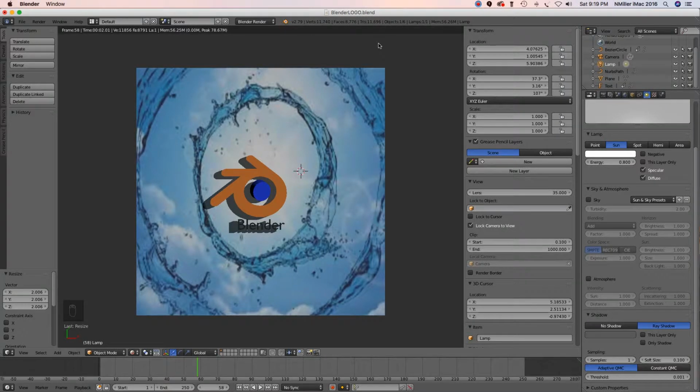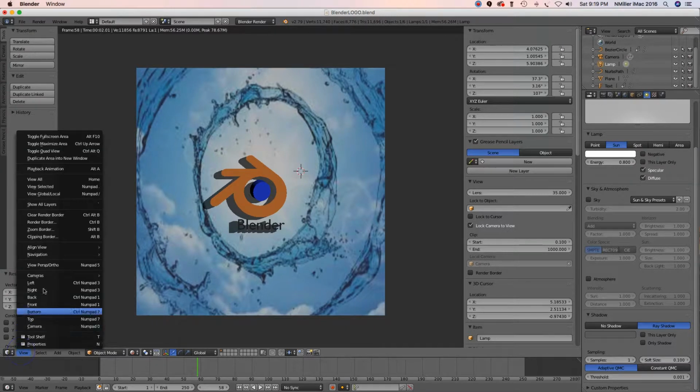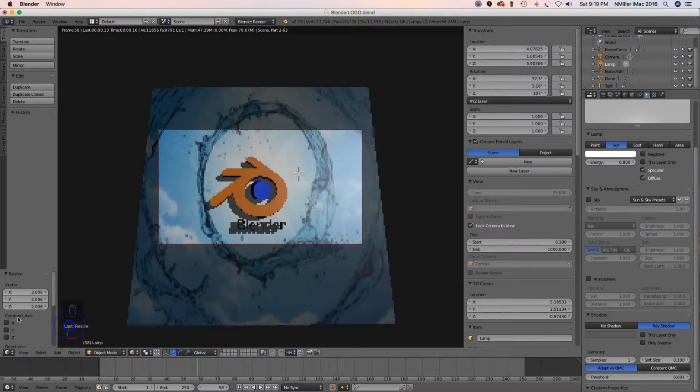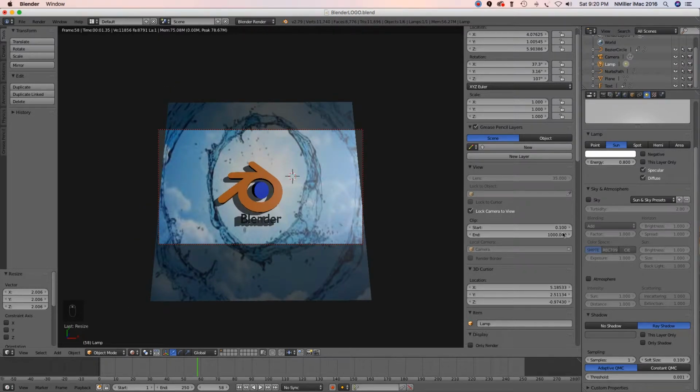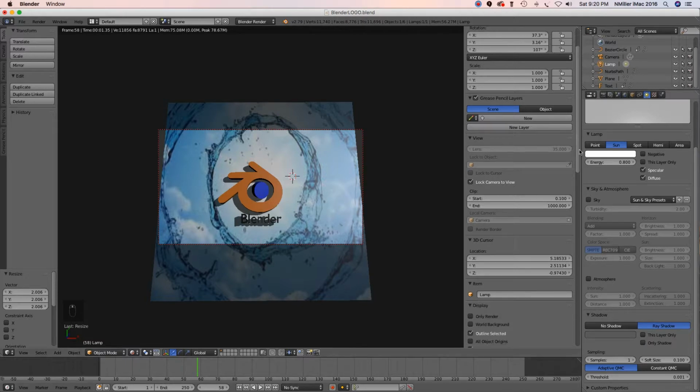Alright, so now I have my animation set up basically the way I want it, but I want to double check my camera. So I'm going to change to view, and I'm going to set it to camera. Okay, so I kind of know if I zoom in and out, and I have the locked camera view. So if I scroll down